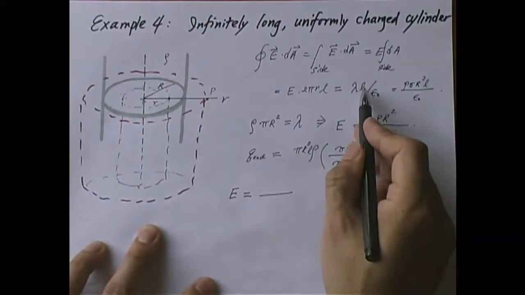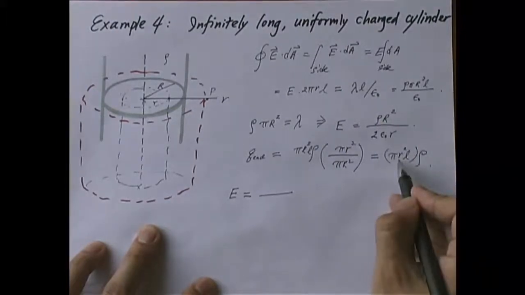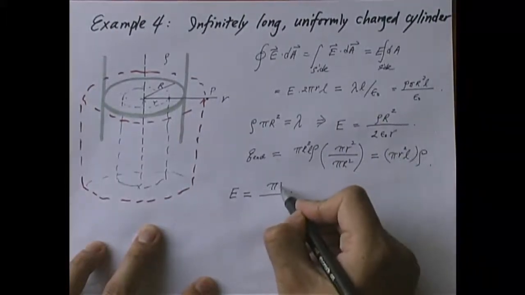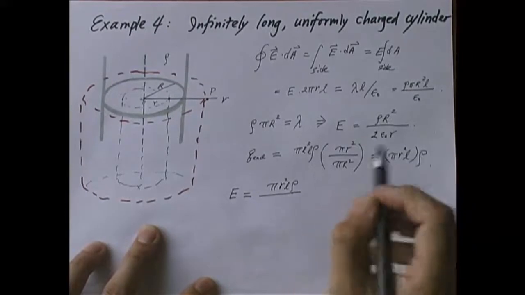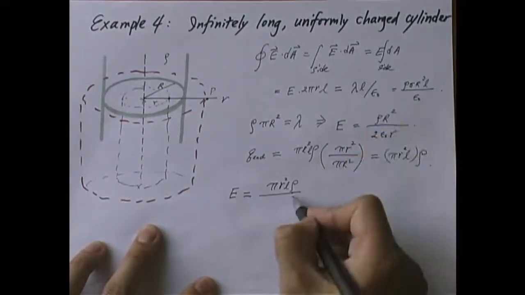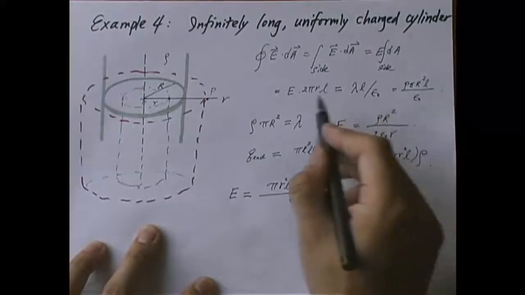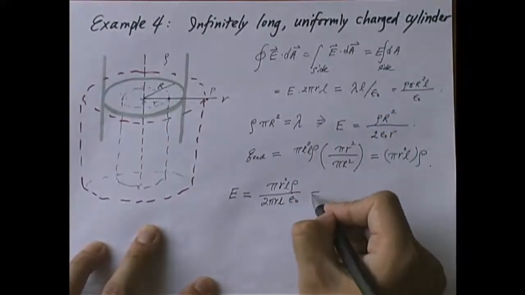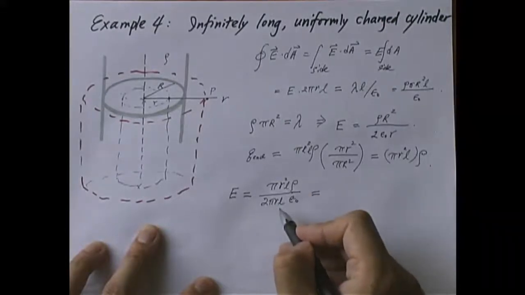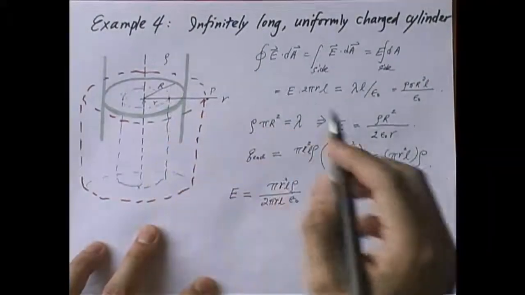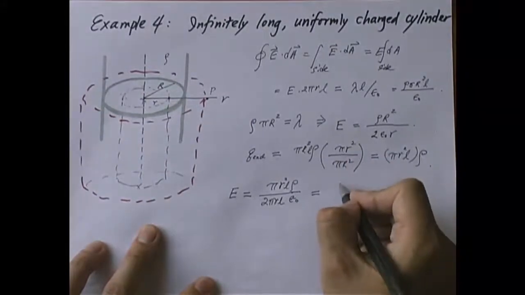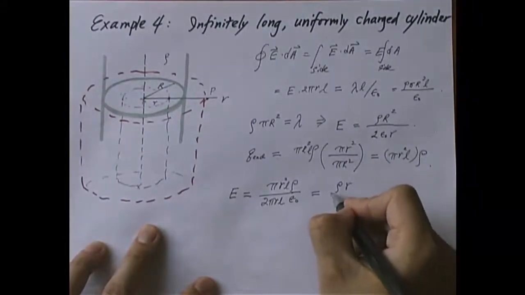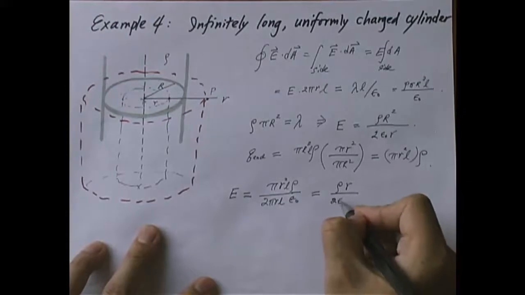Lambda L is now replaced by this new amount of charge, right? Because that's a new charge enclosed. So it's pi r squared L rho, and you divide this by epsilon naught, and you also divide this by 2 pi RL. So let's cancel out some common factors, L and L, pi and pi, and you will get our new expression. The new expression for the electric field inside this Gaussian cylinder is rho r over 2 epsilon naught big R